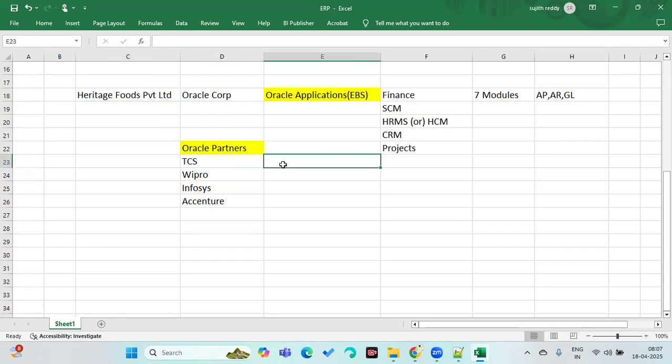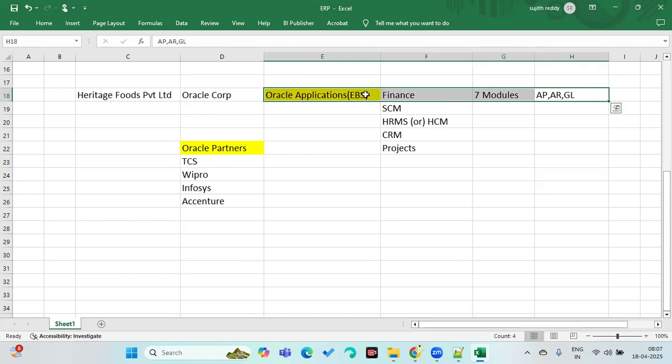And they need to customize the forms, the reports, and the programs, and design things like email, FTP, fax, printing, calculations, taxes, discounts, customer data, supplier data. A lot of things need to be done. So this is just software only. What Oracle Corporation will do is give you the licensed software.